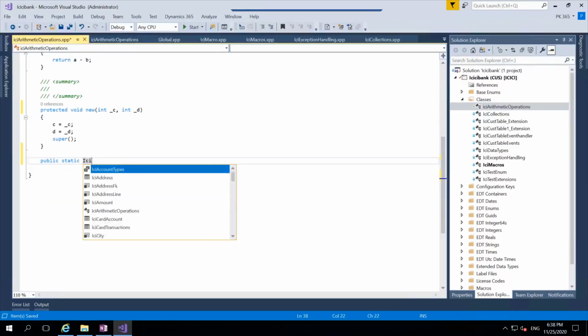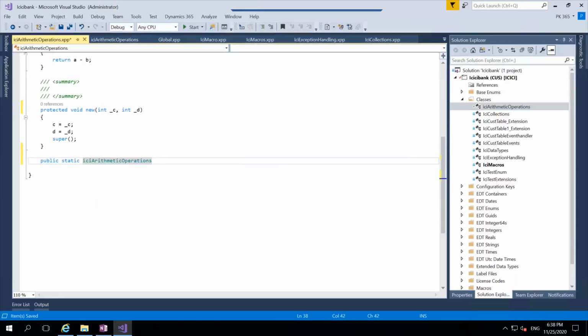ICI arithmetic operations. This is called the return value. When we define it as static, there is no dependency on the class methods. If you want to write code where there is no dependency, you will go with static methods. So you can write construct and then int underscore c comma int underscore d, and then here we need to write return